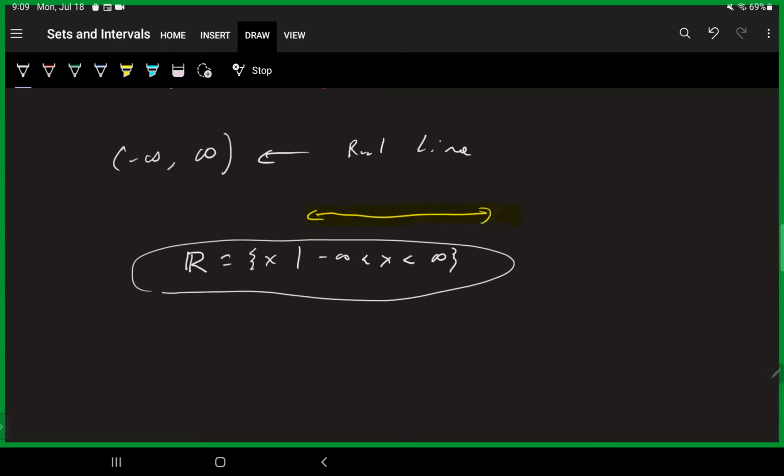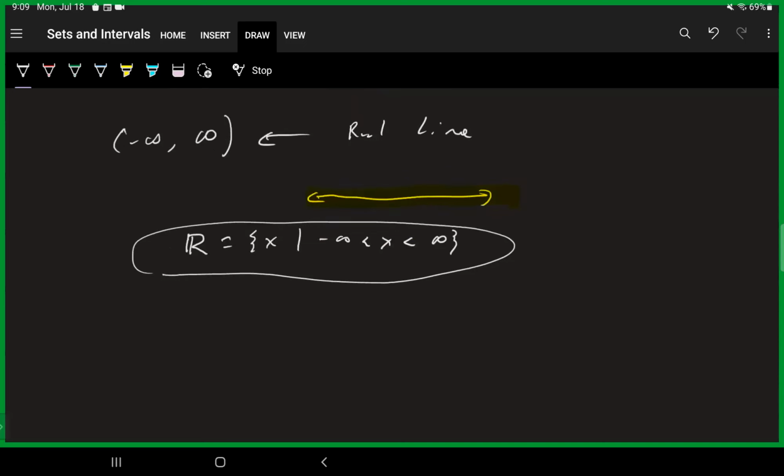Some other things. We should never see infinity to 2, even if we're not including it, because it doesn't make sense that infinity is less than 2. So our intervals need to read from left to right. So the smaller number or more negative number needs to be on the left, and the larger number or less negative number needs to be on the right. And when it comes to infinities, -infinity should be on the left all the time. Infinity should always be on the right. So this is another thing that's a no-no.